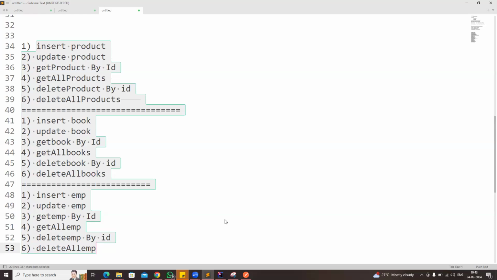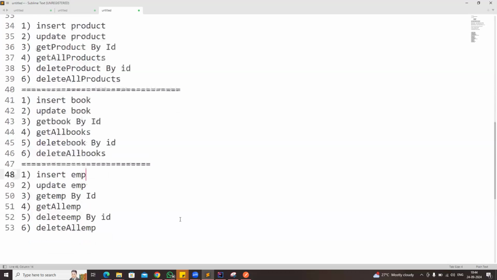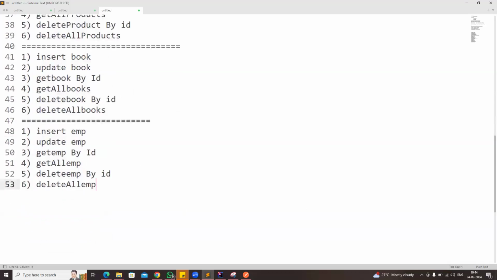Common code we are writing many times. Yes, the same common code we are going to write many times in the REST API, which is not recommended. So to overcome this problem,